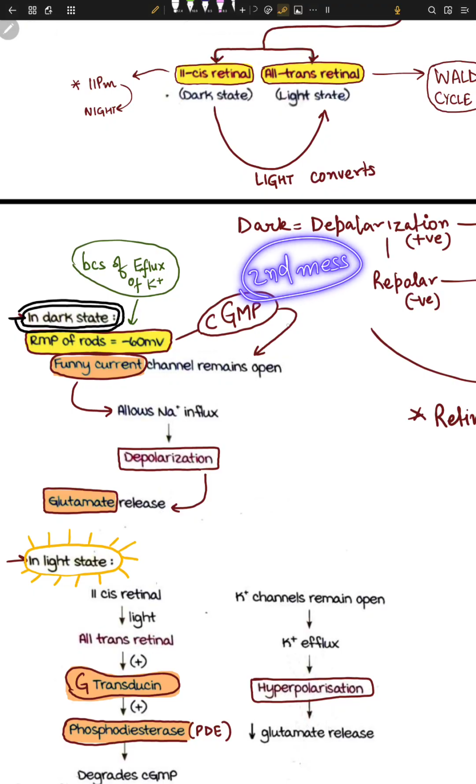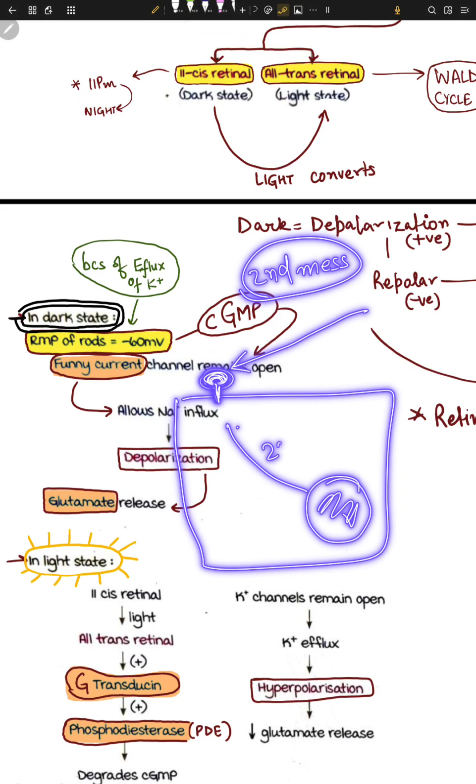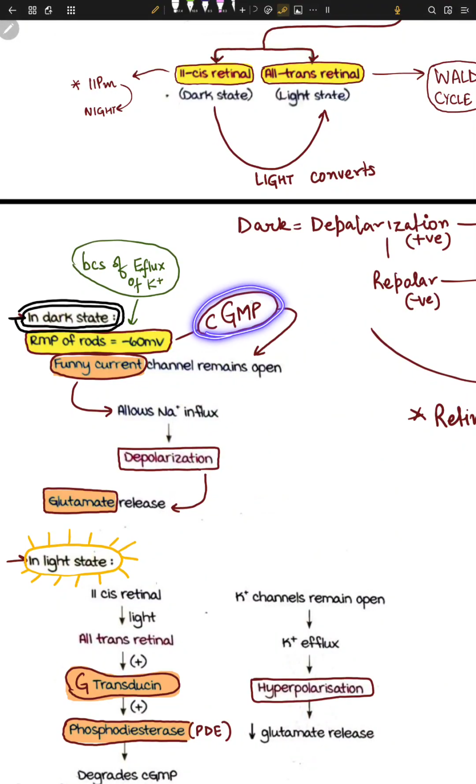And what is a second messenger? Well, you have this cell, and something goes to the receptor that is present on the membrane of the cell, and then this receptor talks to the nucleus of the cell via this second messenger. So cyclic GMP, cGMP, is the second messenger, and this second messenger opens the funny current